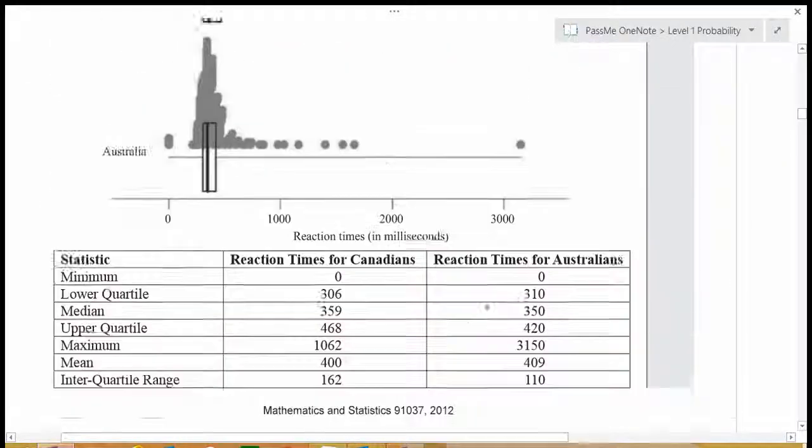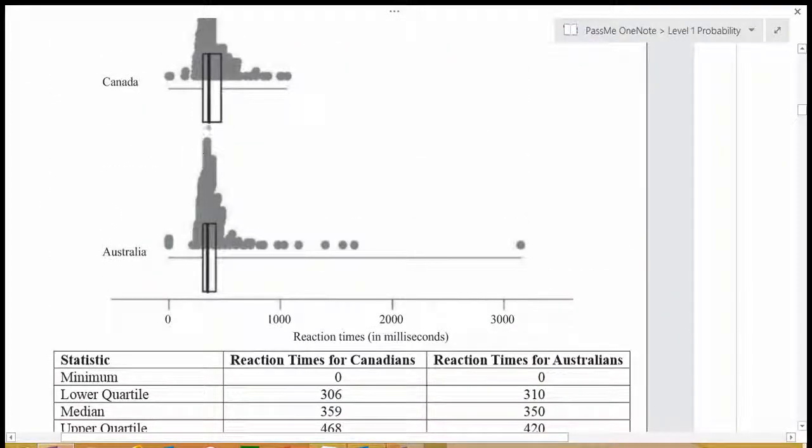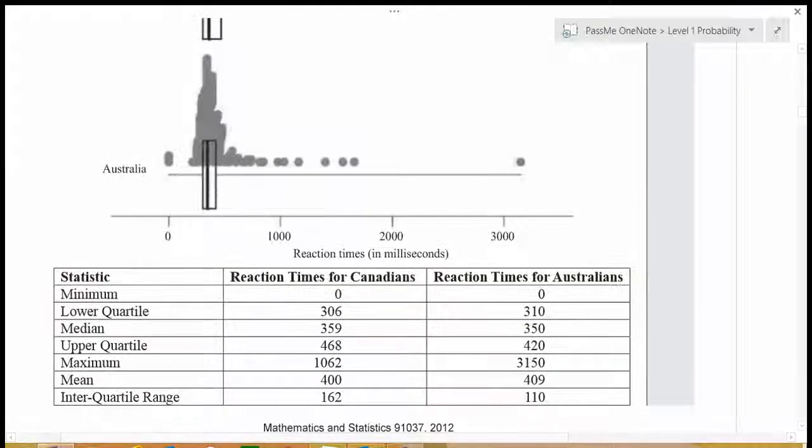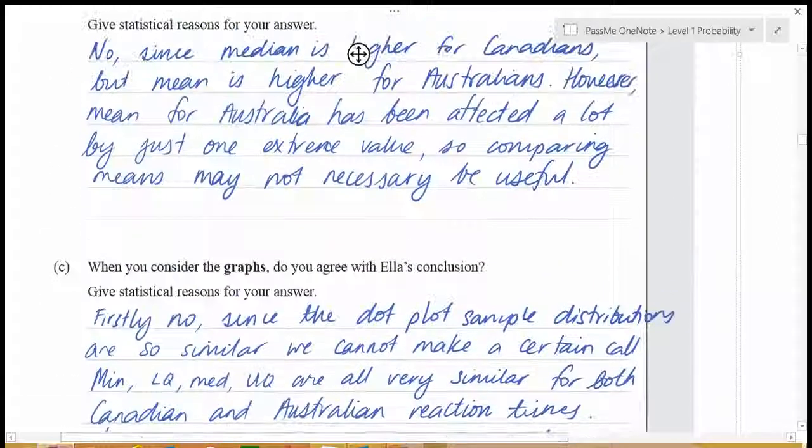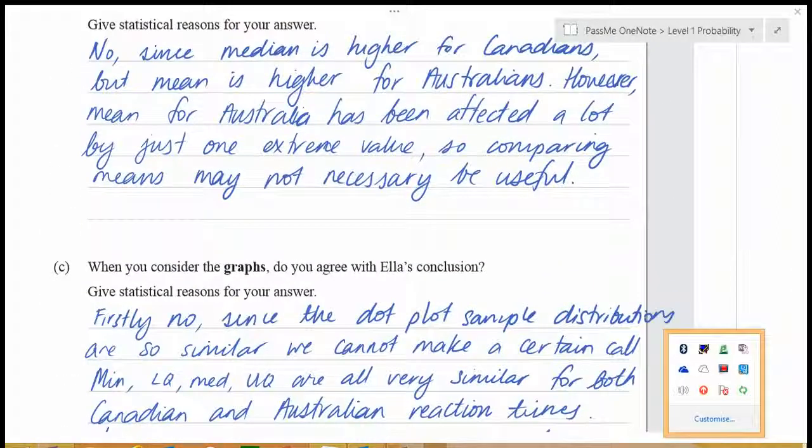Okay, now if we're talking about this in terms of OVS, we could also say that the difference between the medians is not more than a third of the overall visual spread. That's something that we could mention, and also the fact that neither median lies above or below the other's upper and lower quartiles. So those are things that you could add in as well. Okay, so that's question 1, and I'll stop this video there and then I'll go into question